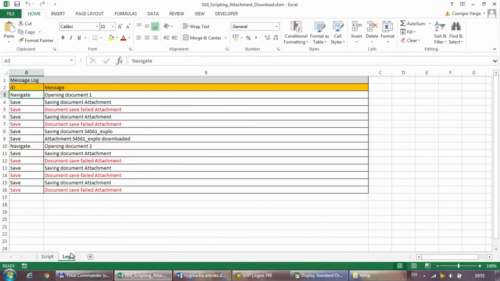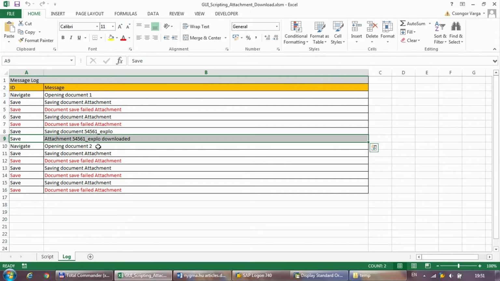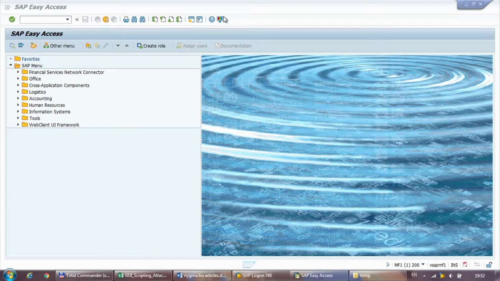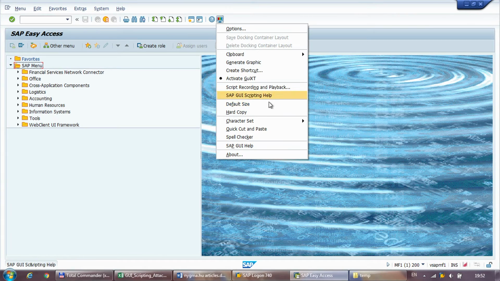Going back to the document, if you click on the log, you can see that the script keeps a log of everything that happened in the execution. So it is trying to save an attachment and it cannot do that, but then there was another attachment which was successfully downloaded, and whenever it navigates to a particular document, like sales order 1 and 2. To understand what the code does, I was thinking about doing a sample recording